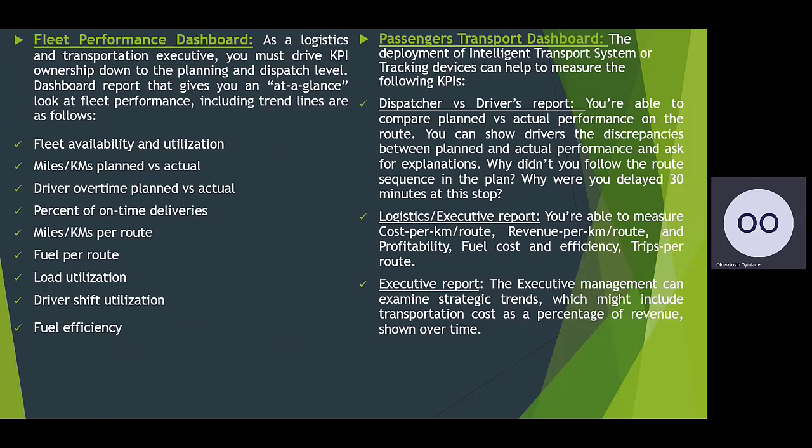I said the executive report, the executive management can examine strategic trends, which include transportation cost as a percentage of the revenue shown over time. Oh, okay, this is the total gross revenue for this route, but this is the net revenue after you have removed probably the maintenance cost, the fuel cost, and some other operational costs. Now you're looking at what is left at the end of the day, and you begin to ask: is this thing actually making any profit? So these are some of it. As we move on,